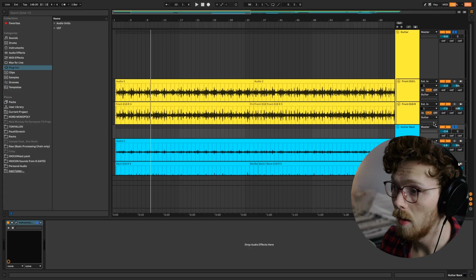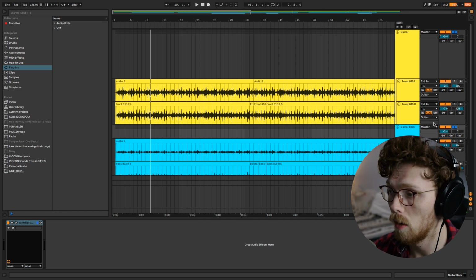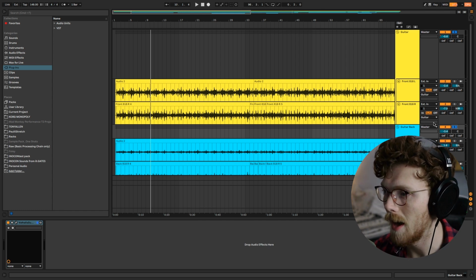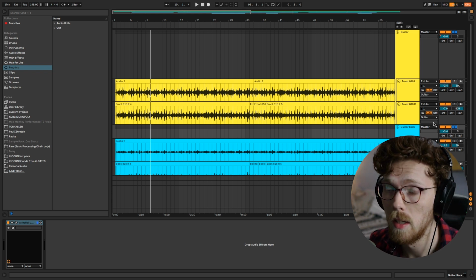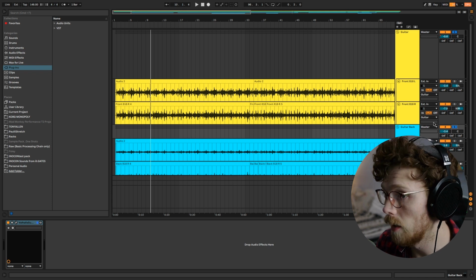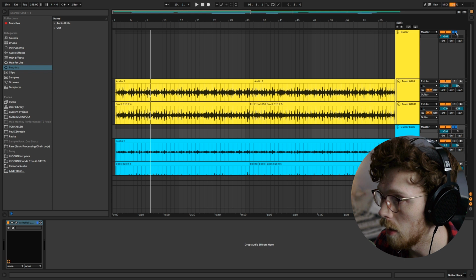We're adding air, and I think we're also adding a little bit of energy. So what I did was I used the back of the mics as if they were a room mic, and I kind of reverbed them out and made them a lot brighter, and it adds kind of this higher level of energy to the acoustic guitars, and I think that was really successful here. So if we just listen to the back of the acoustic guitar,